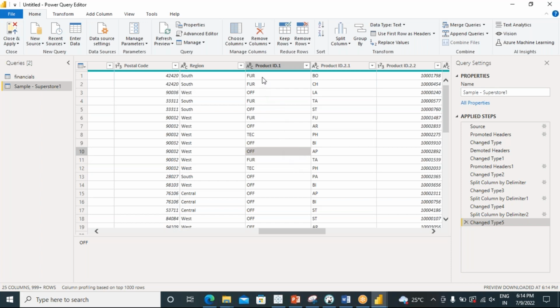Okay, next here you can see that FUR means what? FUR means furniture, OFF means office supplies, and TEC means technologies. So what I want to do is, whereas I have it FUR,